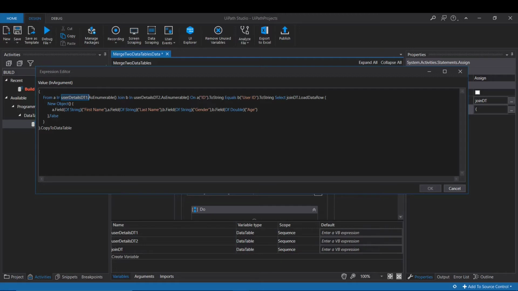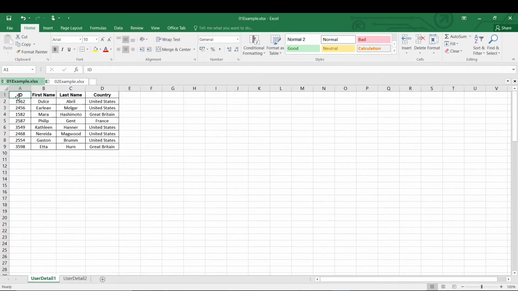For user details 1, we have taken the alias A for this data table, and for user details 2 we have taken the alias B, and we are performing a join operation between these two data tables. For A, there is ID. A means this data table, this sheet.